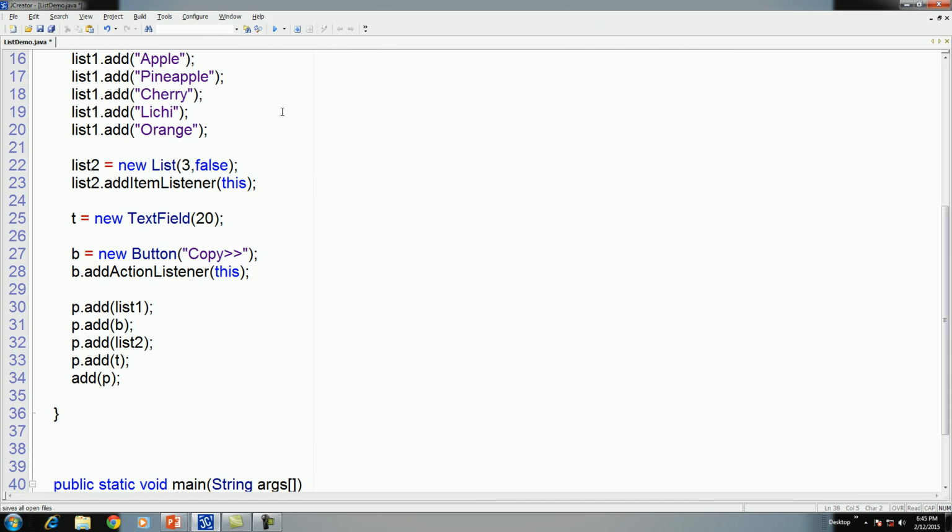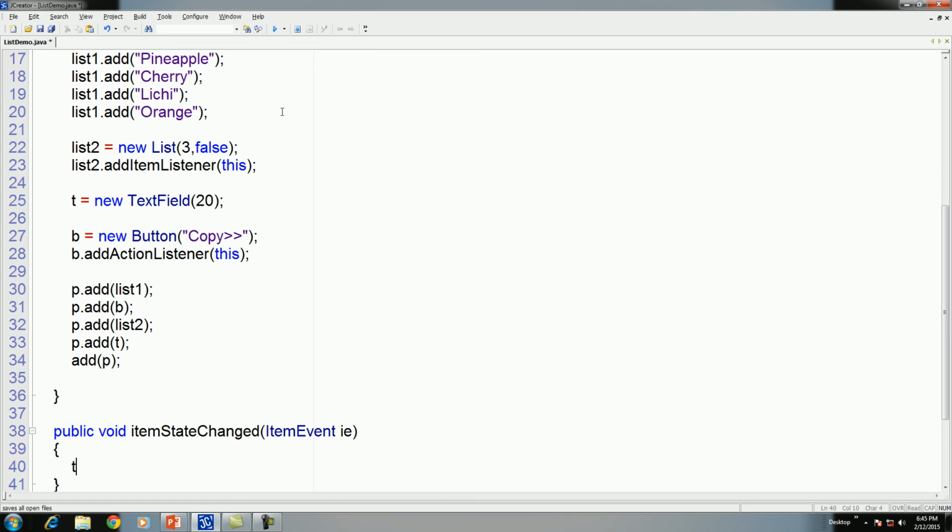Now first let us define the events. The first one is, sorry, the event is item state change. Here, only display the selected item and the index of the selected item in a text field.